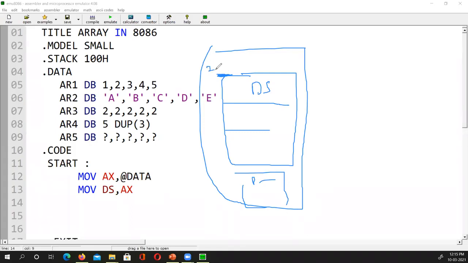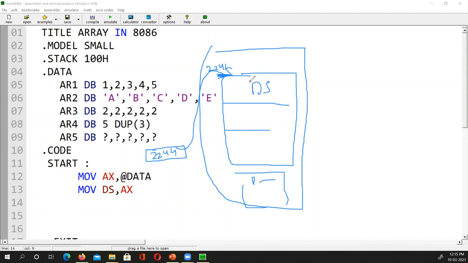Say it starts at 224H. So this data segment register will hold the address 224H so that it can point to where the data segment in the RAM is. Do you understand now? Does it make sense?